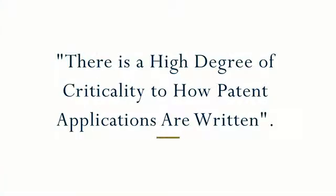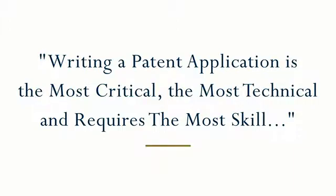There's a high degree of criticality to how patent applications are written. And I'm a patent attorney, so it would seem natural that I would say that you need a patent attorney to write a patent application, but it's simply the truth. You know, while there might be elements of this process that you can do yourself and that you should do yourself, writing a patent application is the most critical, the most technical, and requires the most skill of anything in